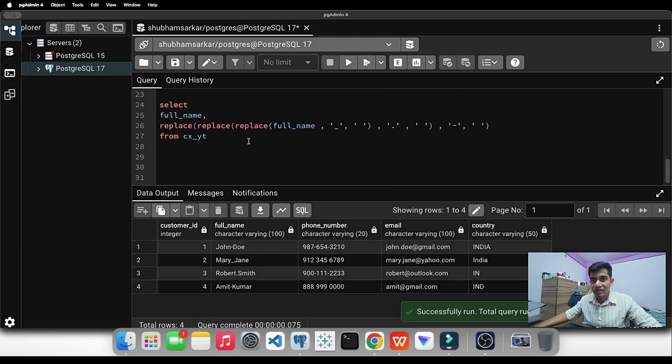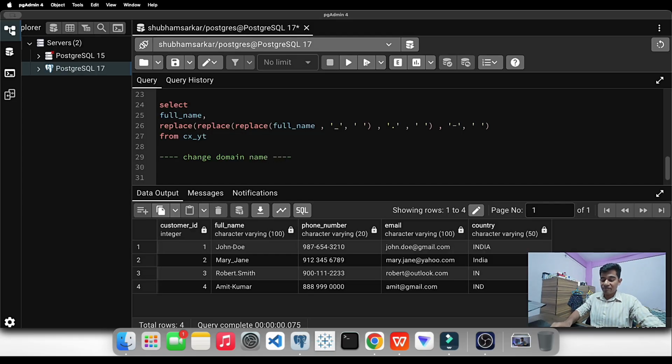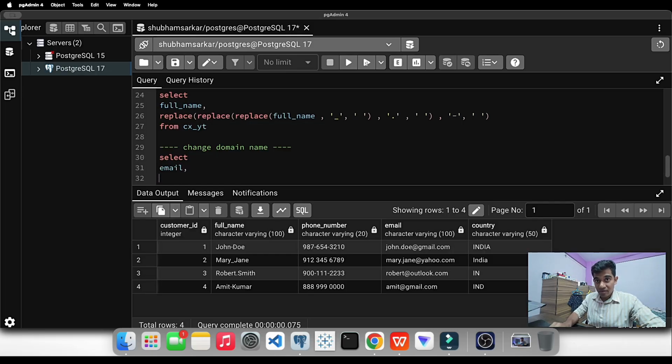Yeah, we have emails. Let's change the main domain name. Okay, in this I will change some email kind of things. For email, we will write replace email, then what I want: there are 2 gmail.com, so I want at the rate